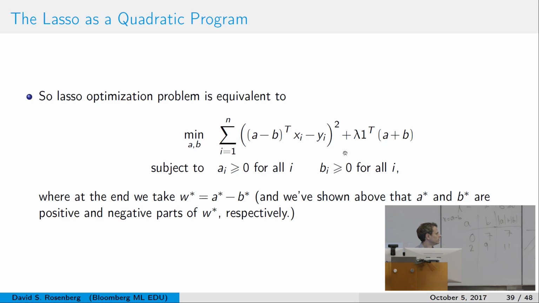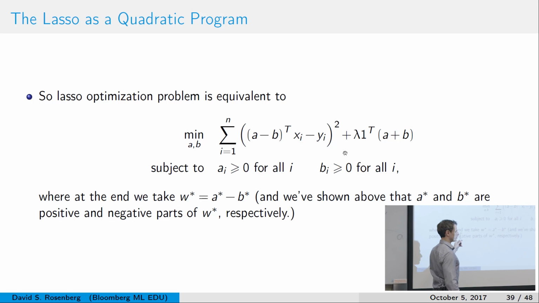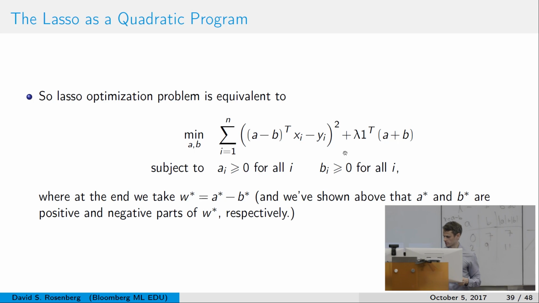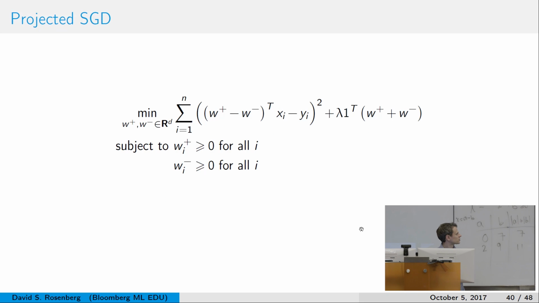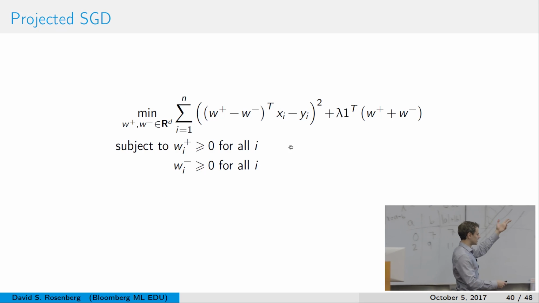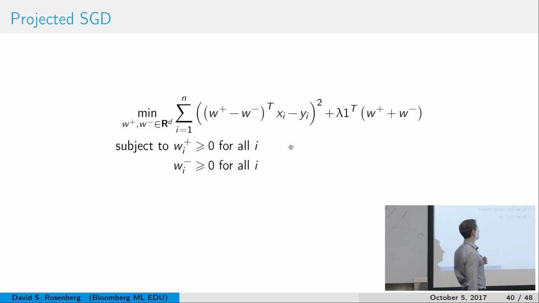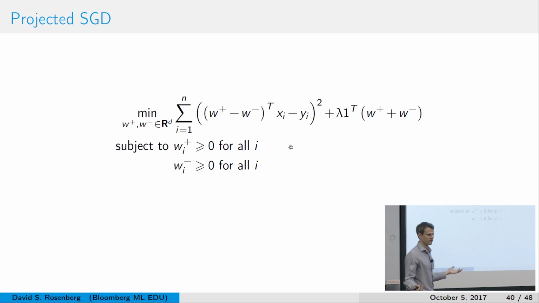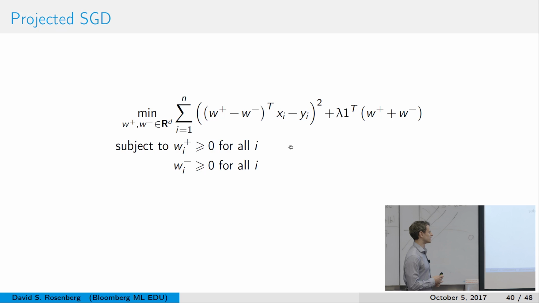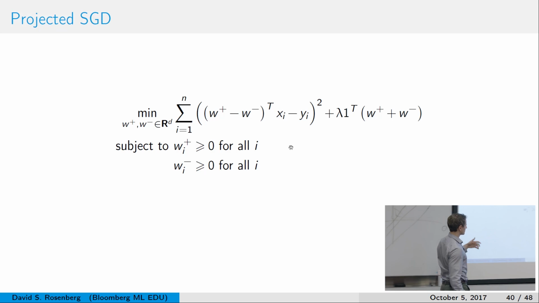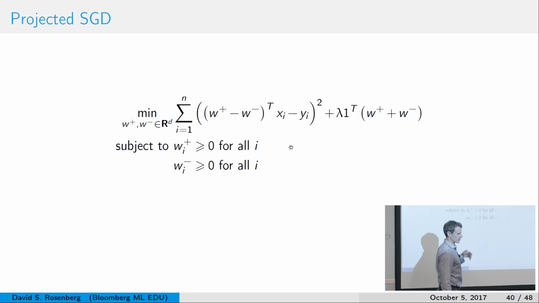So this is almost something we can solve. We haven't actually spoken about how to handle constraints, but we will in one slide, which is this. Let's go for stochastic gradient descent. This is differentiable now. We've doubled the number of variables, but it's now differentiable. Let's use our favorite method, gradient descent or stochastic gradient descent. But then we have these pesky constraints,